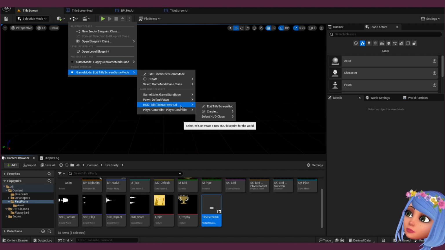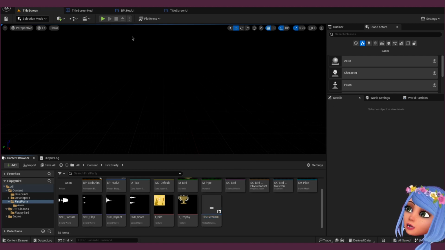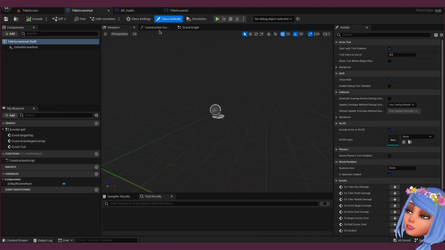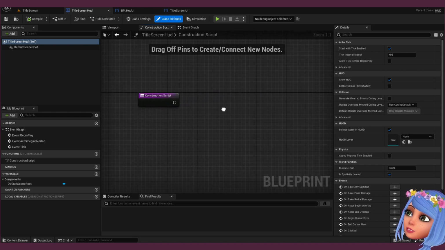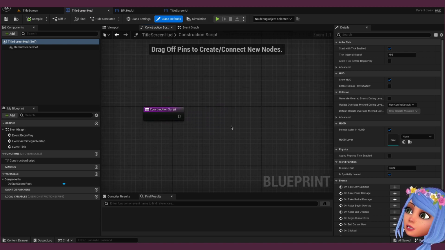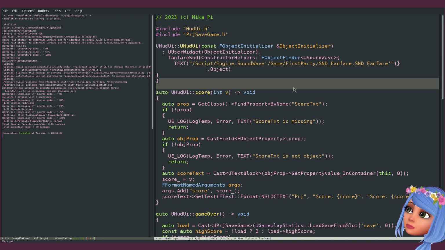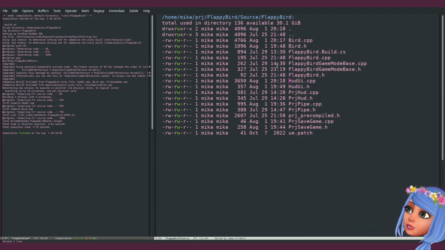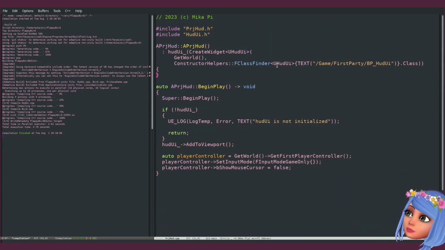So title screen HUD. In the construct script, we need to do the same thing we did in C++, but in blueprints. So in C++, we constructed the HUD UI, create widget.